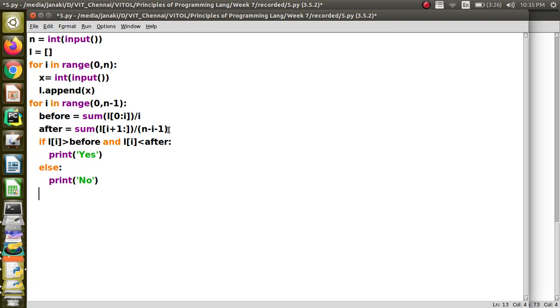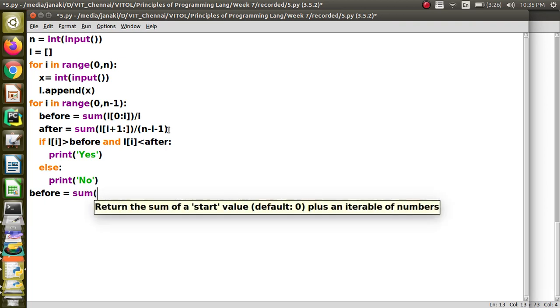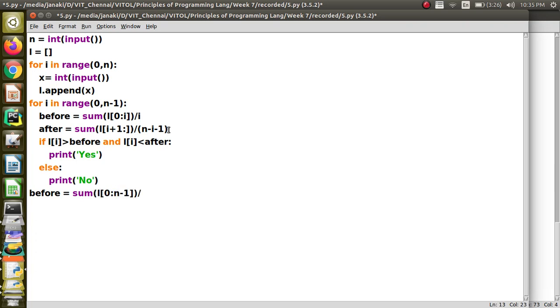And for the last element we have to do it separately, right? So let us calculate before, there won't be after. For that we are calculating before alone, right? So before will be sum of L of 0 to n minus 1, divided by n minus 1.